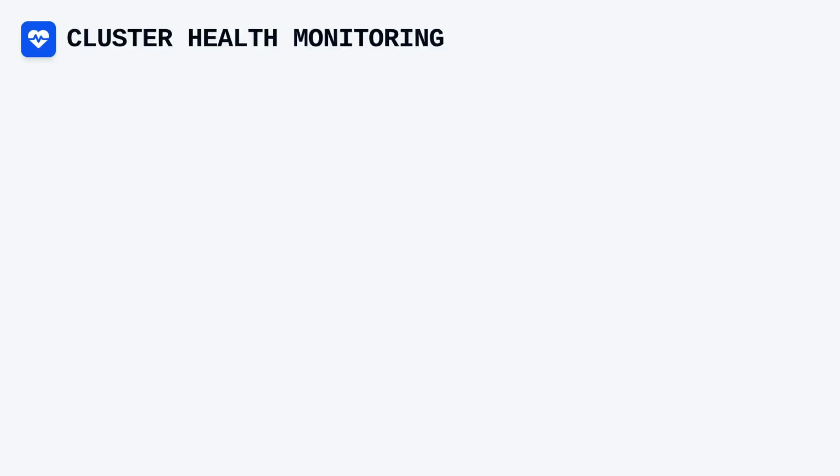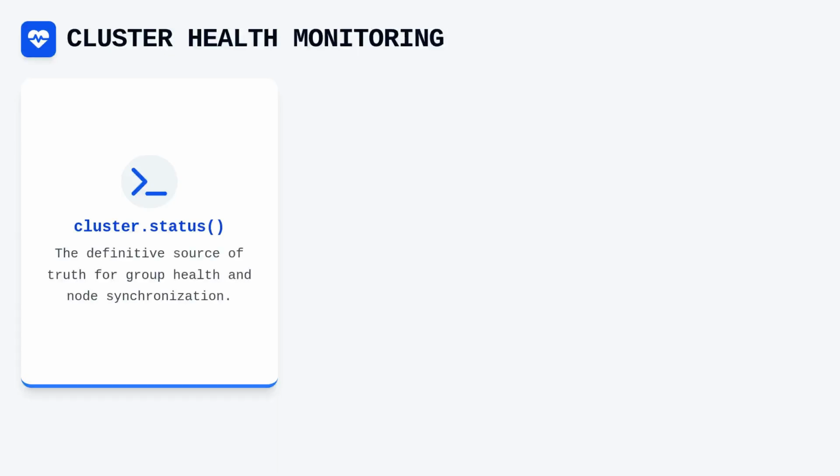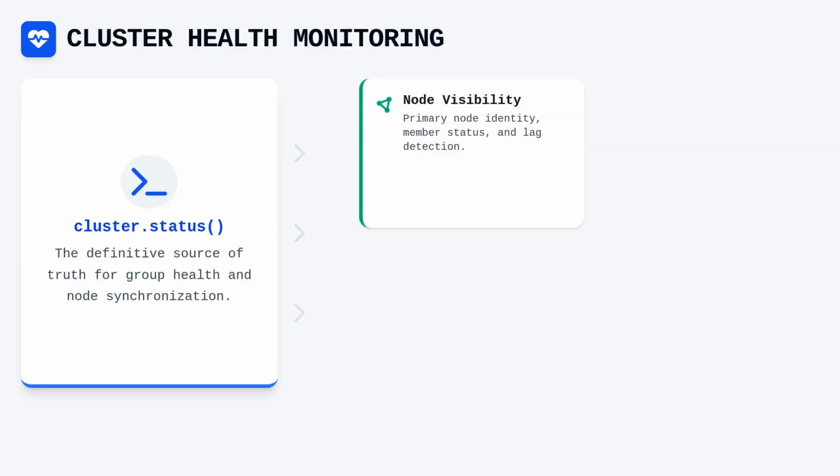Monitoring the health of your cluster is a routine yet critical task that is best handled through the cluster.status method available in the MySQL shell. This command provides a comprehensive view of the group health, including the current primary node, the status of every member, and whether any nodes are lagging or unresponsive. By periodically checking the status, you can discern subtle performance issues or network partitions before they escalate into service outages that impact your users. The metadata maintained by the cluster object serves as the definitive source of truth regarding the cluster's health, allowing for accurate automated failover decisions.